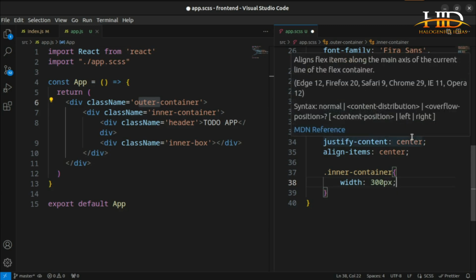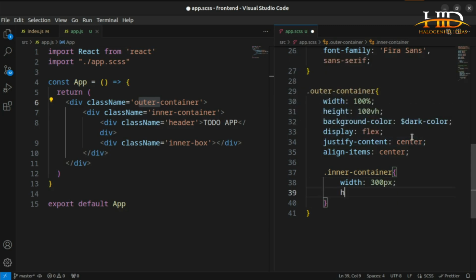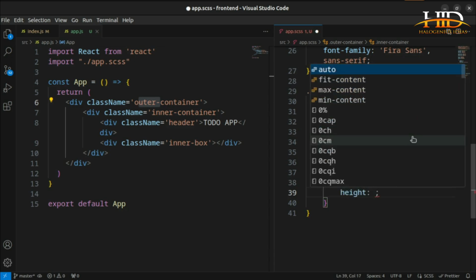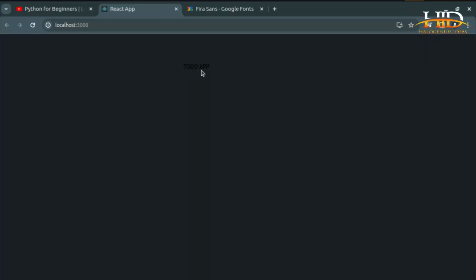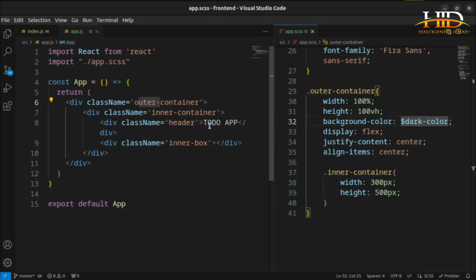Sometimes it feels like designing for a mobile phone. Height of 500 pixels. Okay, so this is what I'm going to be having for the inner container. If you come back to the inner container, you see that this to do app has gone up, because I have another container over here that I'm giving so much space. So if you come back here for this header that we have over here,